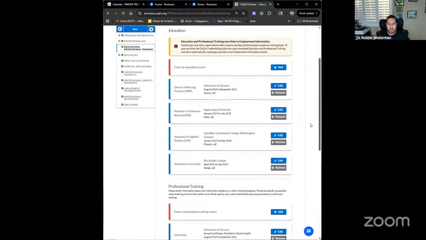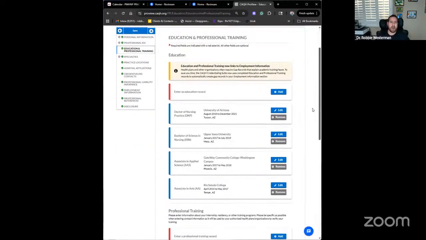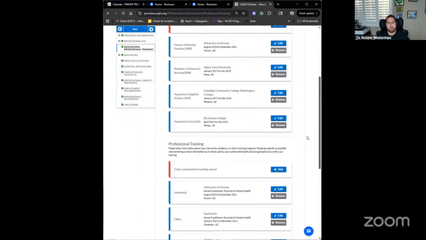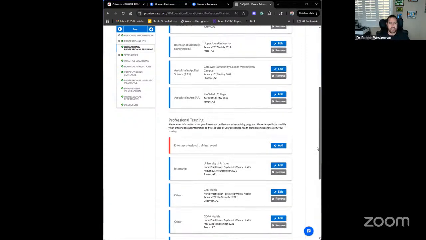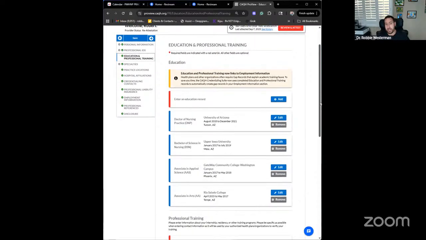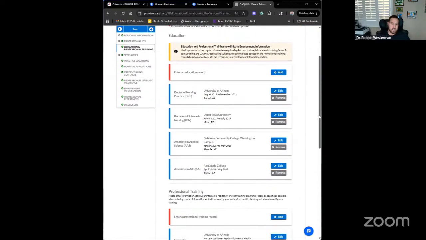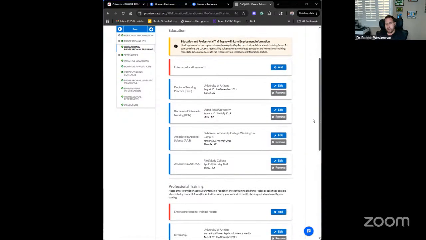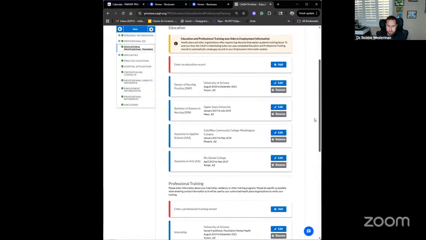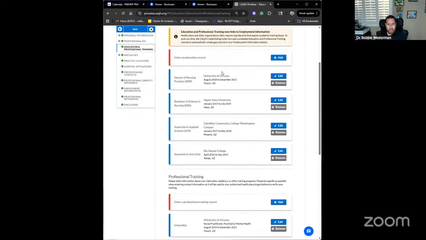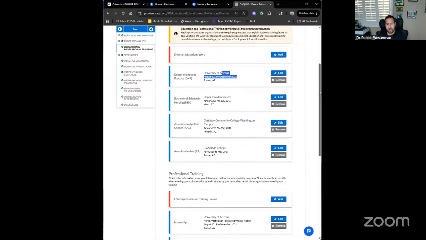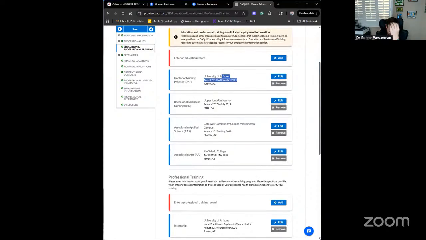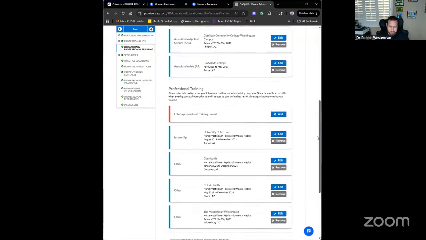All right. And then gaps, you got to watch out because some insurance companies you'll have to explain gaps in employment or gaps in education. So you want to make sure that, and most of us have been in school like the entire time we worked, so that's not a problem for many people. But have your education record in here, right? So I started school in 2015, finished in 2021. It's kind of a long time, huh? It's a lot of years.